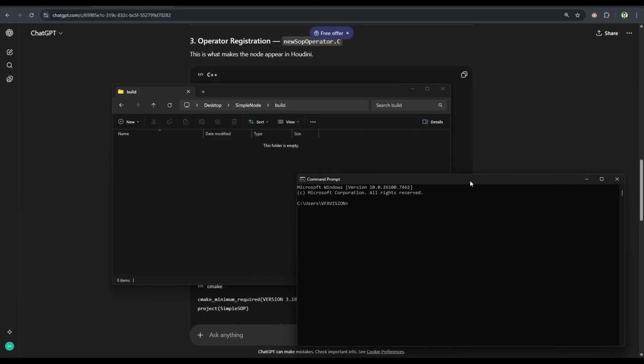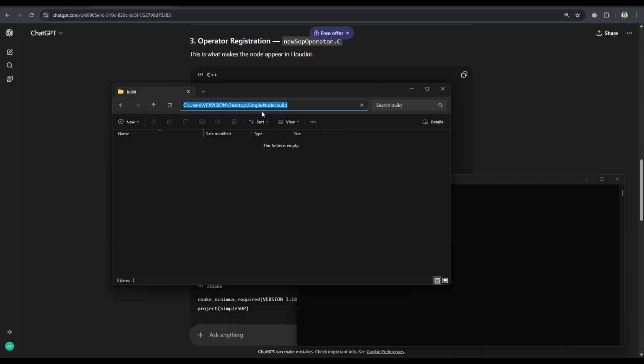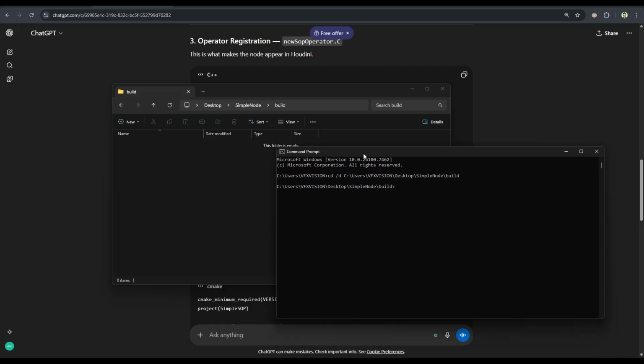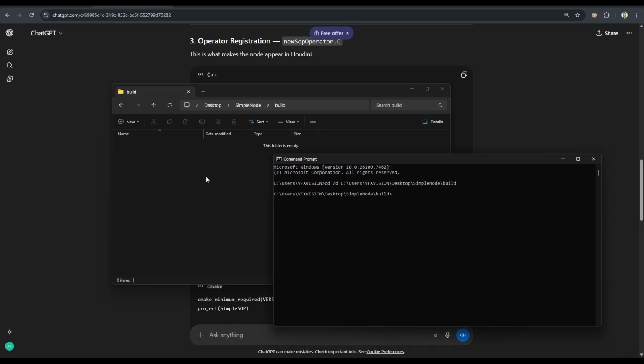I open CMD and I use this command to go to this folder. cd /d, and here I can copy this path and paste it here with right click and press enter. And now we are inside this build folder, and here is really tricky. The command you have to use is cmake space